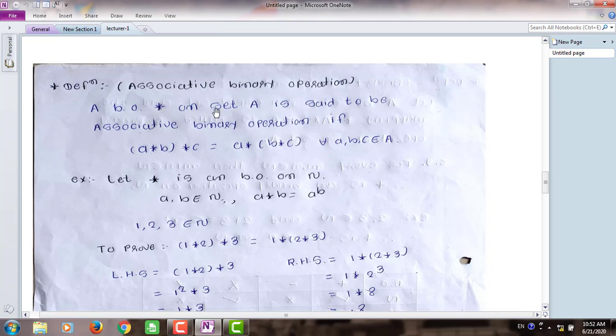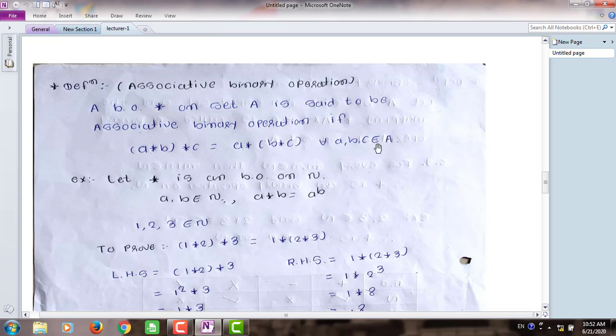A binary operation star on set A is said to be an associative binary operation if A star B star C is equal to A star B star C, with the grouping changed. If these conditions are satisfied, then star is an associative binary operation on set A, where every A, B, C belongs to